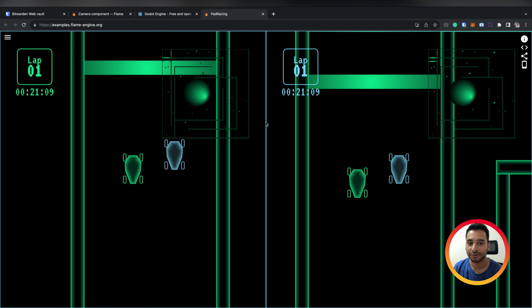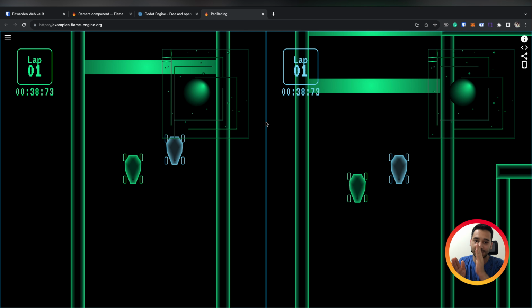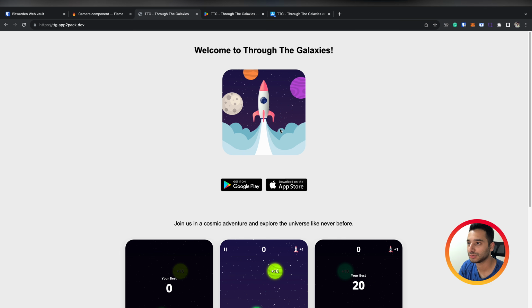So here we have 2 different cameras, and each of them is attached to each car. We wanted to split the screen equally to allow 2 players to play at the same time. To have a better understanding of camera and world components, I have a game for you which you can take a look at.